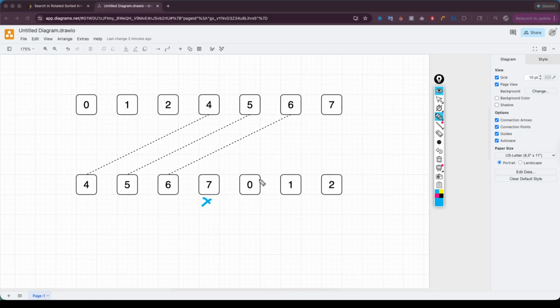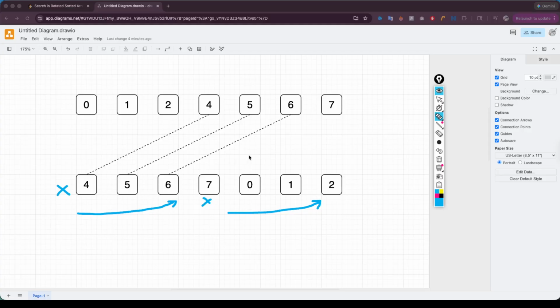We can find it very easily because we know that this part is an increasing array, and this one is also an increasing array. So we can use this condition to search for the largest number, and then based on the first number in our array and the target number,